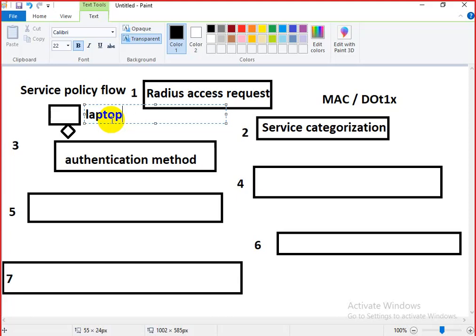There are two types of authentication source: one is the Active Directory source and the other is the local database. That means the endpoint repository. Okay, the third packet is